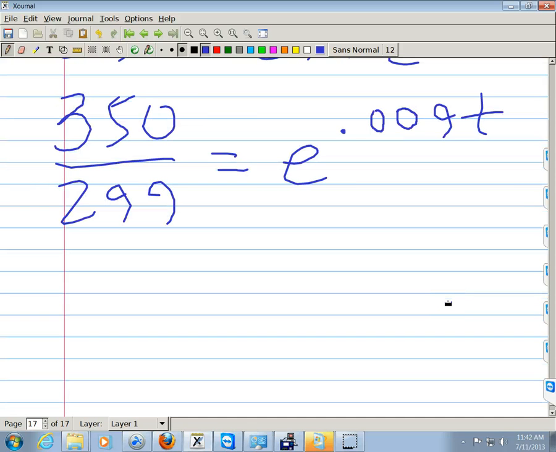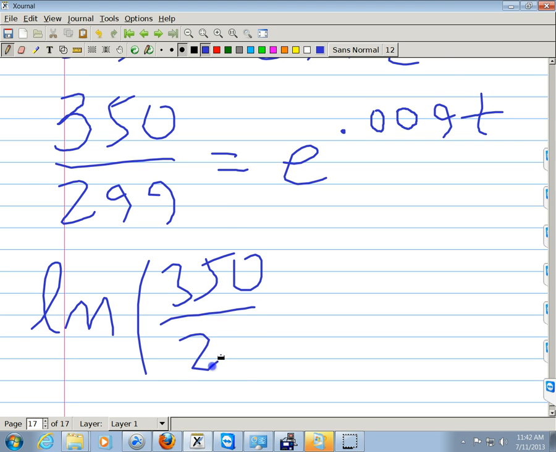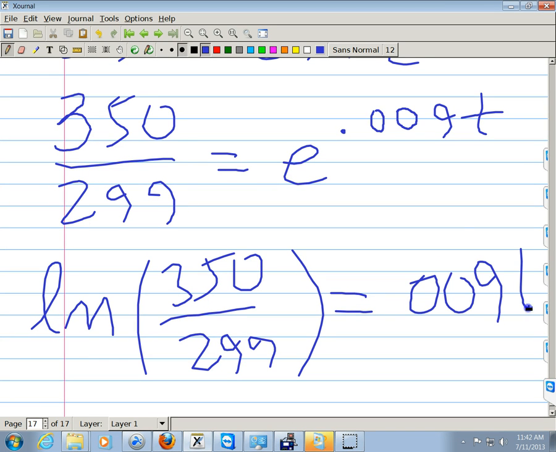So I get the ln of this side equals what? The ln of the other side. But what is the ln of e to the 0.009t? 0.009t. Want to cut to the chase? Right? Okay. So we sort of did two steps in one. We canceled out the e to the, right? But now there's one step left. All you got to do is